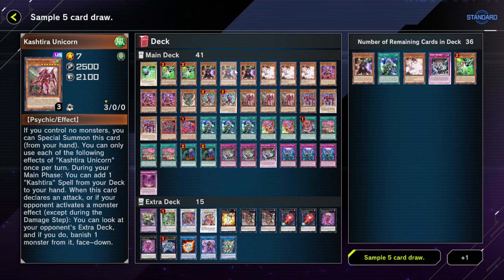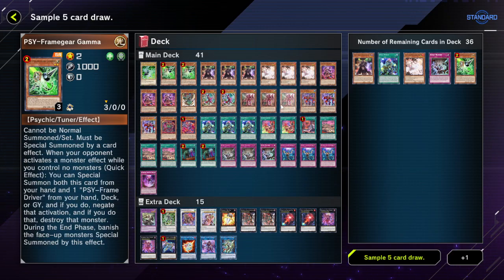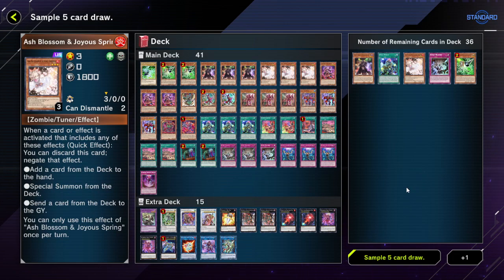So, is there a 0/0 Psychic hand trap? Unfortunately, I don't think so. Maybe a light Psychic monster we can run that's like somewhat reasonable. Or just another Psychic in general that's lower level. Oh, wait. There is one. But it's too much in common with Gamma as it happens, but it does not have enough in common with Iblee as it happens. But ideally we do want to banish probably Gamma and just have the Ash Blossom for